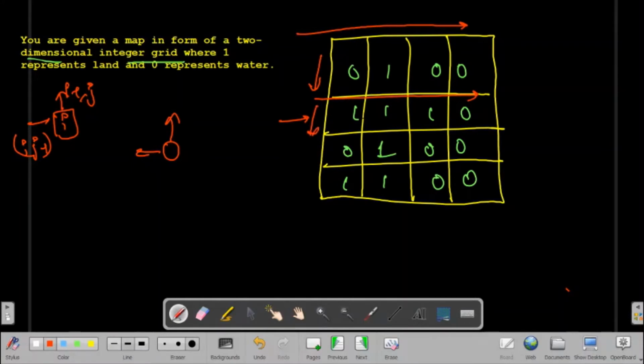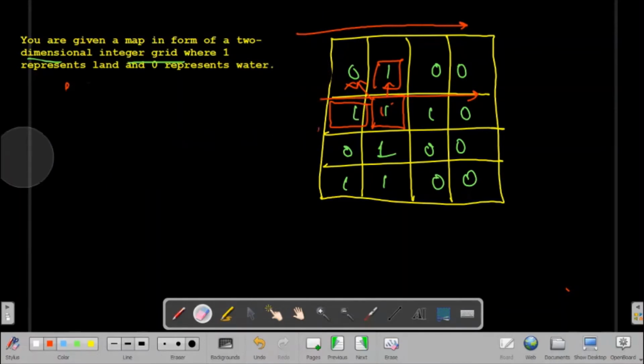If I am here, then I can only see whether there is any land above me, and whether there is any land to my left, because my index is pointing here. I cannot check in my right direction, and we can't go diagonal, so we will not count the diagonal. We only have two options, that we can move in the up or left direction. So we'll just check these two conditions only.